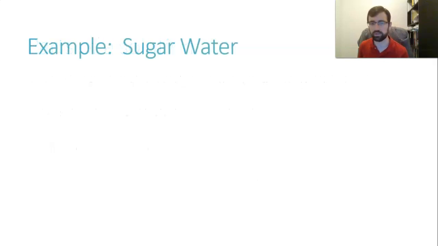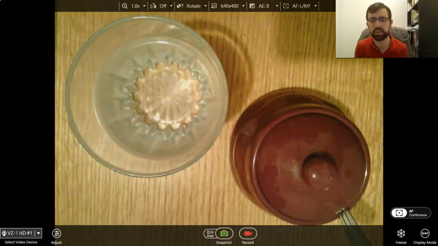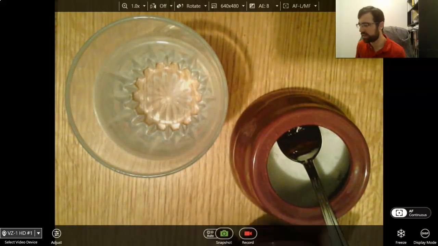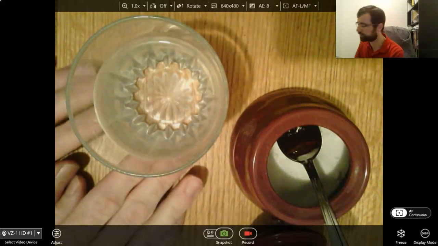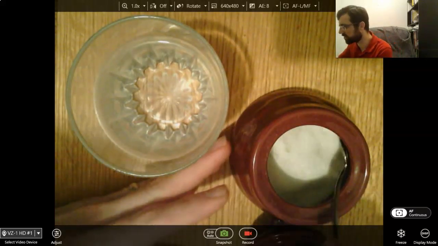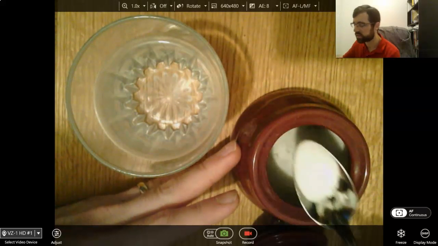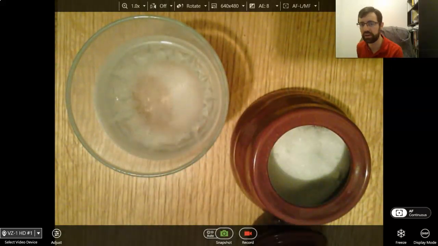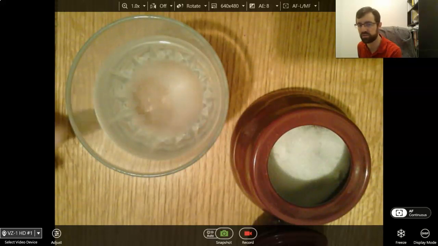Let's do an example here real quick. Sugar water. Now some of you have already made sugar water before in your life, so you probably have seen this. This may be nothing new to most of you, but let's just go through it real quick. So I've got some water sitting here in a cup, and I've got some sugar here in a sugar bowl. Take a spoonful of this sugar and I put it in. Now if you look at it after I put it in, you can still see the sugar crystals floating at the bottom. But if I stir it up